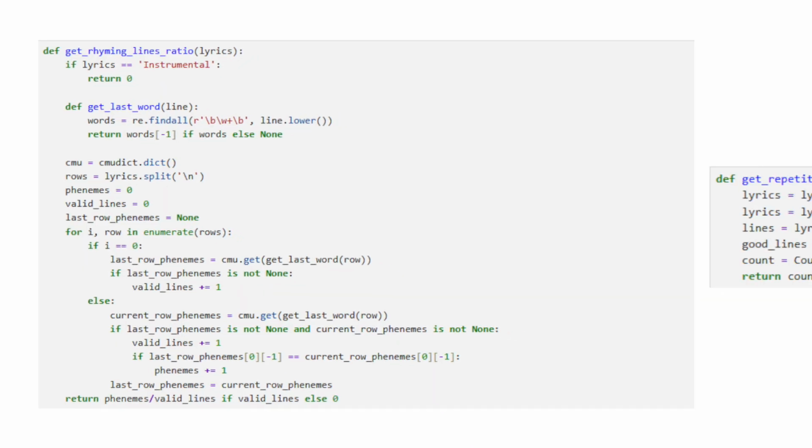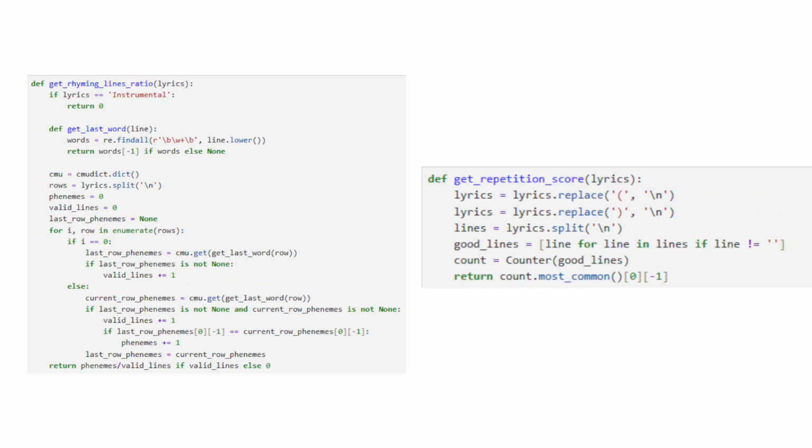So one thing that's really important about Christmas songs is they have to be sing-alongable. And so no using long words like onomatopoeia, just a lot of "ooh" instead. This means the reading level is probably important. So I use the Flesch reading level function to be able to score this. Other features that are common in songs are rhyming and repetition. So I use the NLTK library to get an idea of the proportion of lines that rhymed and also how much it repeated.